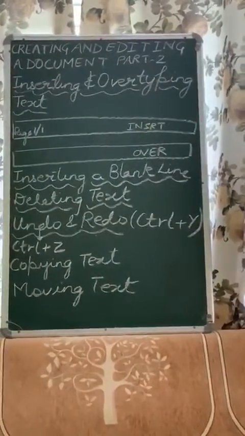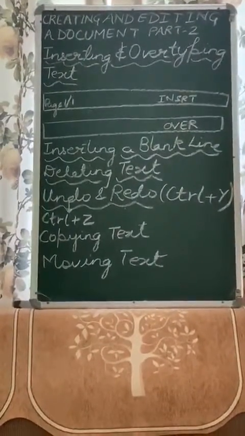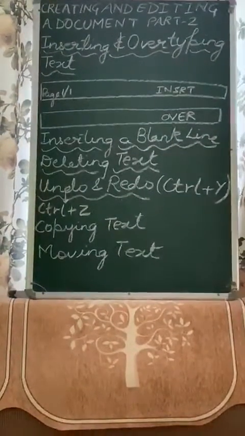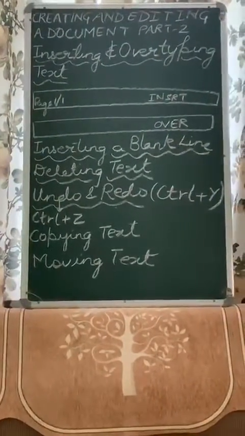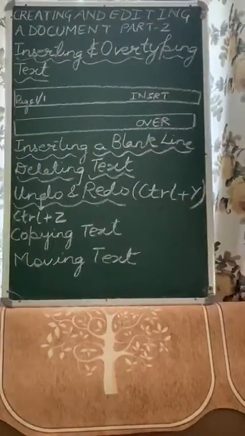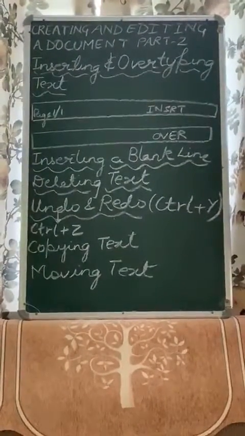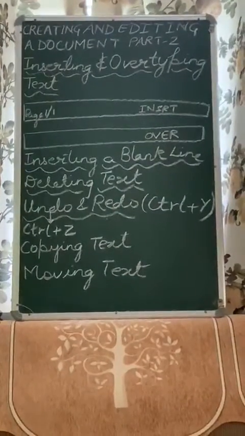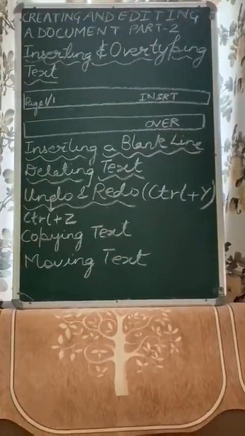Then deleting the text. You can easily delete a character, word or a block of text in OpenOffice Writer, similar to MS Word. In order to delete a character, you will position the cursor to the left of the character with the help of your mouse, and then press the Delete key. Or you can even use the Backspace key for that. Now to delete a block of text, which means a group of lines or words, select the text to be deleted with the help of your Shift key along with the arrow key, or directly with the mouse, then press Delete or Backspace.